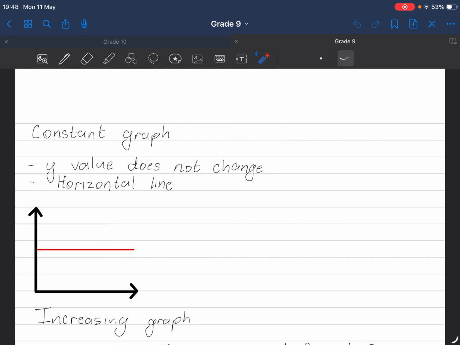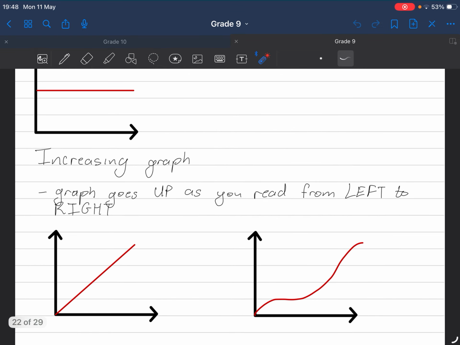The next graph is an increasing graph. It goes up as you read from left to right. So starting from the left, as I go, I'm realizing now the graph is getting higher above me. So this is an increasing graph. This is also an increasing graph, but it's not a linear increasing graph. So as I'm going this way, it's increasing,